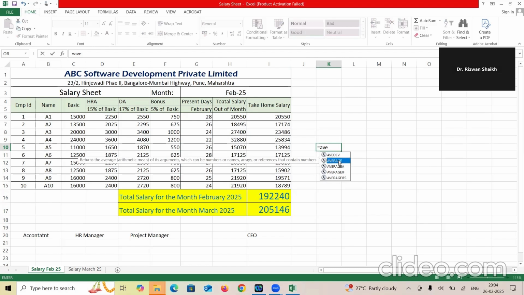एवरेज आ गया, राइट। अभी एवरेज मैंने ले लिया, एवरेज लेने के बाद पूछ रहा है नंबर वन, नंबर टू, तो जो जो एवरेज है वो सारे मुझे पूछ रहा है। मुझे किन का एवरेज चाहिए, ये वाला एवरेज चाहिए। और यहाँ से कहाँ चाहिए, मैं शिफ्ट की प्रेस कर रहा हूँ और डाउनवर्ड एरो की प्रेस कर रहा हूँ, शिफ्ट डाउनवर्ड एरो, ऐसा भी मैं कर सकता हूँ, या फिर मैं वो रेंज भी लिख सकता हूँ। सो विल सी बोथ।